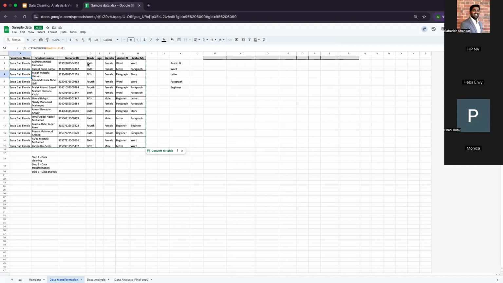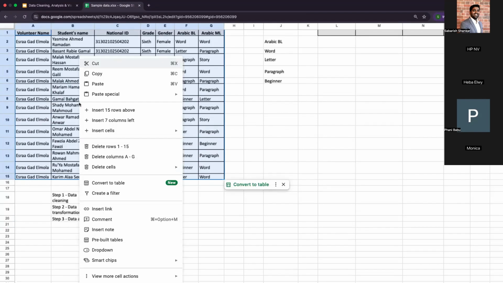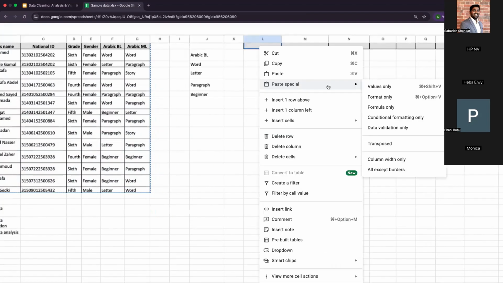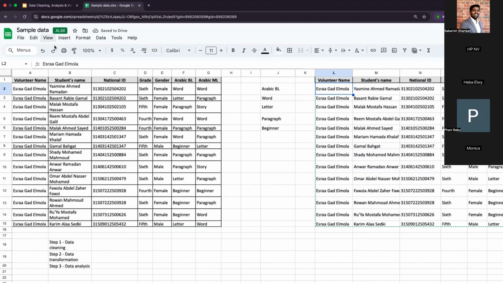So this data in its current format is using the functions as it is, but it is not a new data. So data transformation essentially can be a few steps. One, currently there are formulas here. We don't want formulas, but we want just the data to look the same. So what we do is we do Control C, we right click, copy, and then we come here and do paste special and we do values only. So the difference now is that this is actually a value, but what was previously formulas has now become